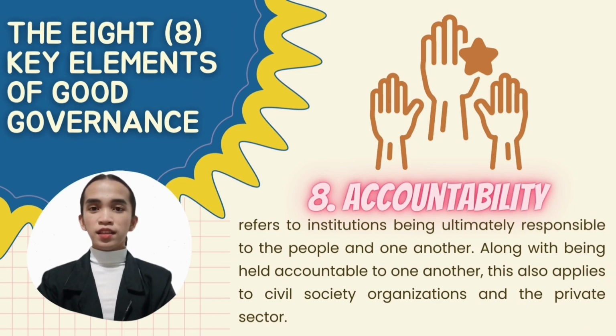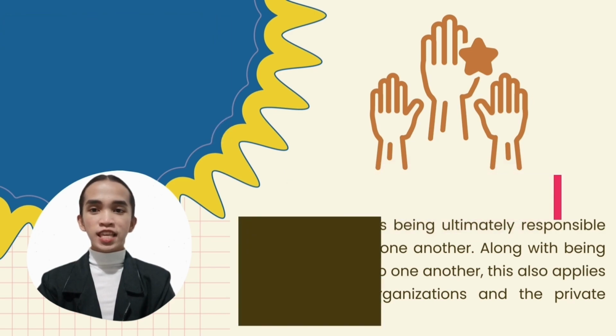Accountability is the eighth and the last element of good governance. Decision makers in government, the private sector, and civil society organizations are liable to the public and institutional stakeholders. This accountability differs depending on the organization and whether the decision is internal or external to an organization, which influences improving the quality of society.